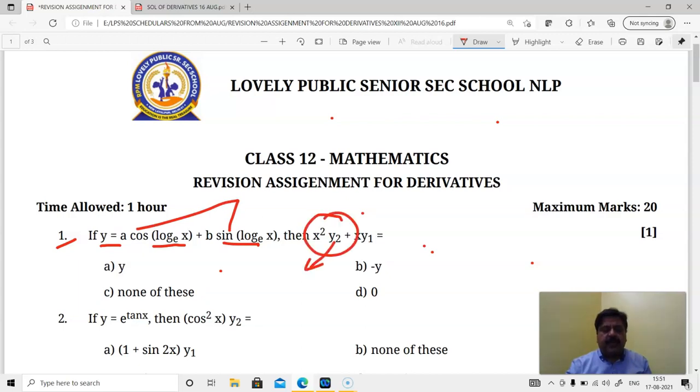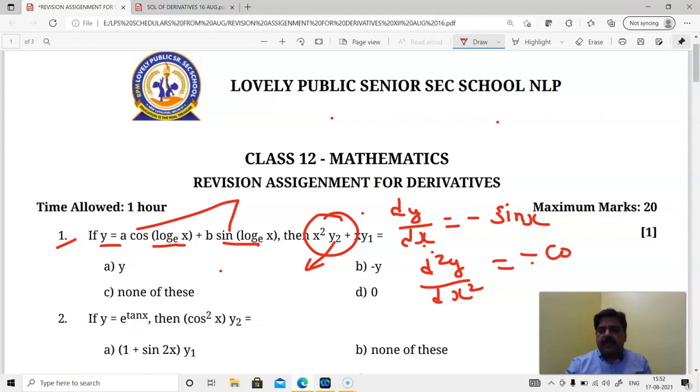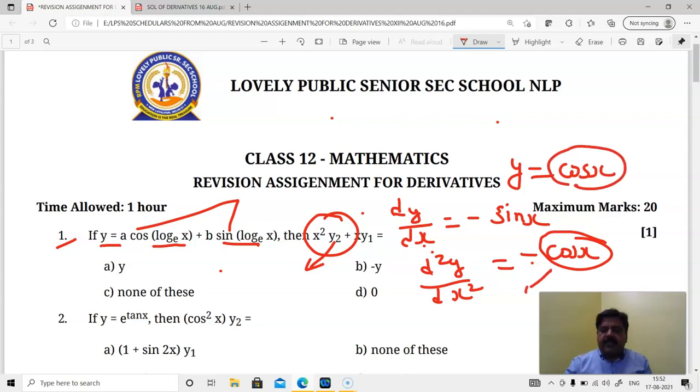So suppose we have y which is a cos x, so dy by dx is going to be minus sine x, right? Afterwards, if I move to the second order derivative, it is going to be minus of cos x. That means if y is equal to cos x, then I am getting a second order derivative same as y, but what is the change? The change is minus. So here the answer is minus y.